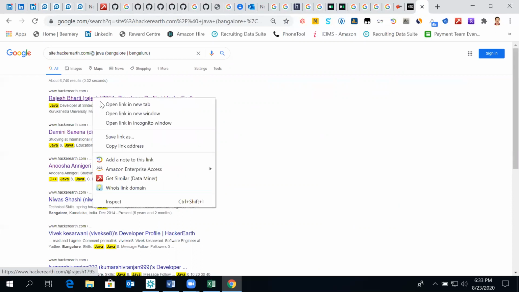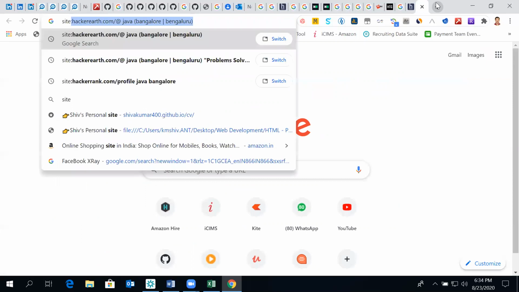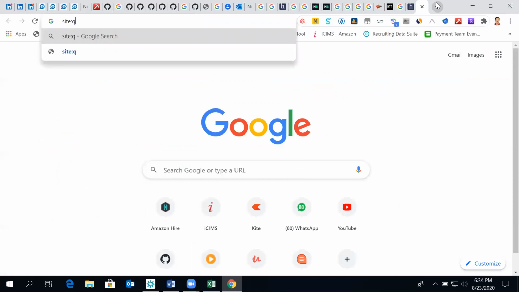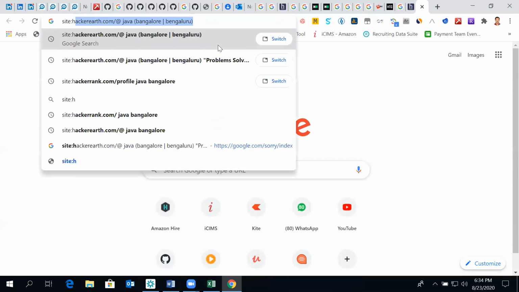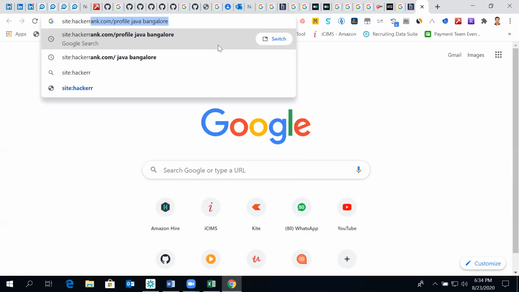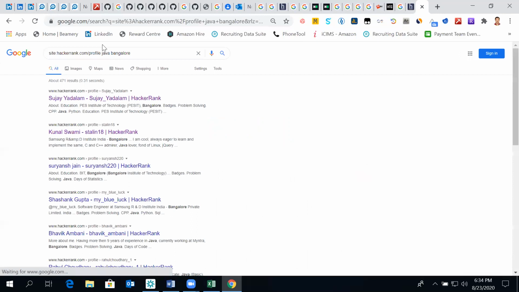So maybe in this case, it's difficult because there is no standard URL format. But let us see in case of the SIT site. Here we have a standard URL format. These things, let's try once more.